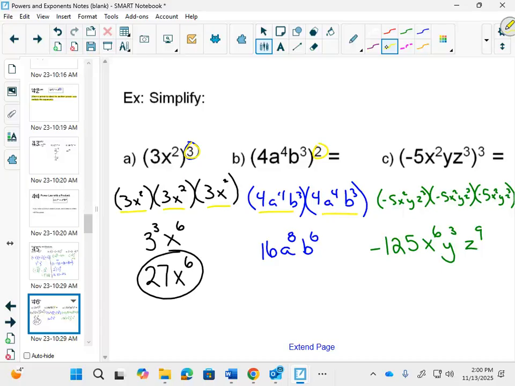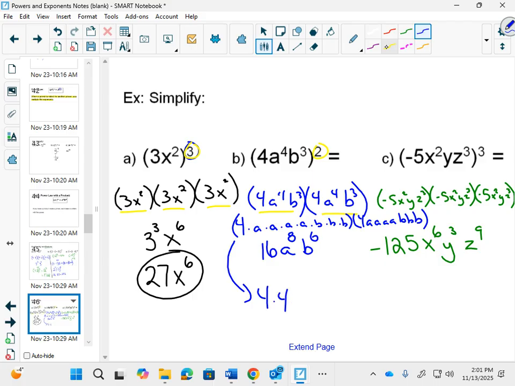How is it A to the 8? I could take one extra step, let me write it out. I usually just imagine this step in my head, so we add those. And then I'm multiplying here for A, B, B, B. If I rearrange these and put the numbers first, and then I put the A's,